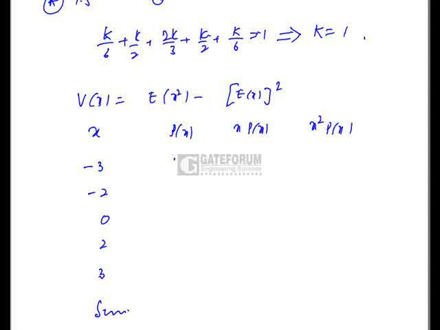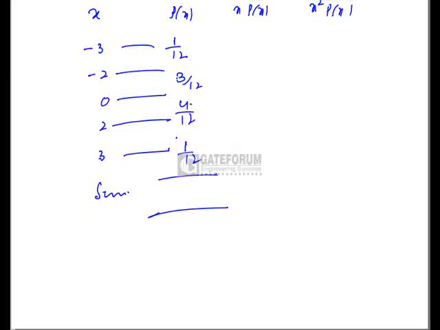Now the p of x values are 1 by 12, just multiplying this k by 6 to this minus 3. The next values will be 3 by 12, then 4 by 12, then 3 by 12, and 1 by 12. So 1 by 12, 3 by 12, 4 by 12, 3 by 12, and there is one more, 3 by 12, which was missing, for minus 3, minus 2, 0, 2, 3. If I add them, the sum will be 1. Similarly, x into p of x is minus 3 by 12, minus 6 by 12, 0,